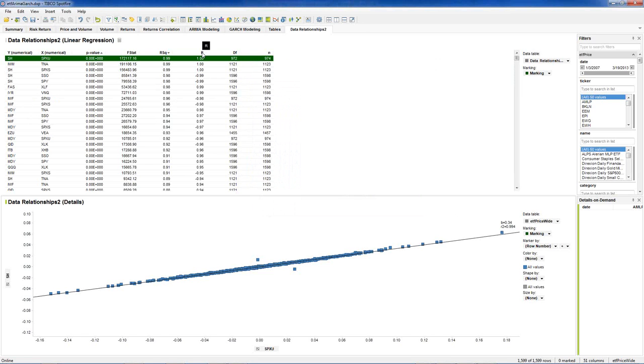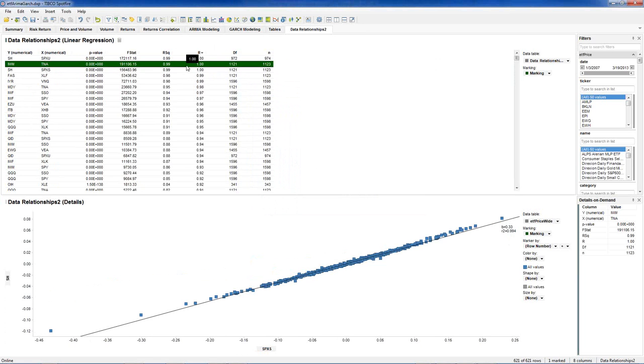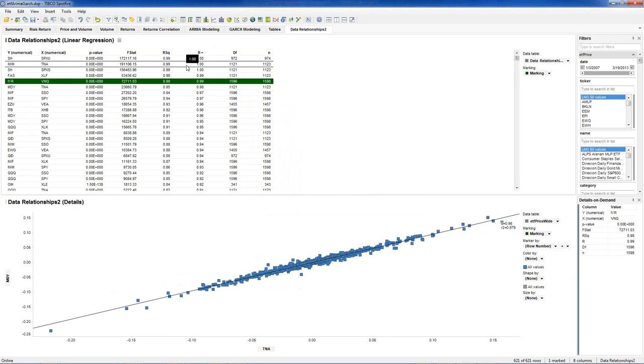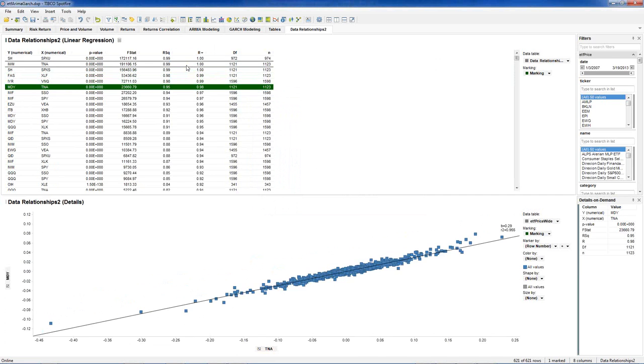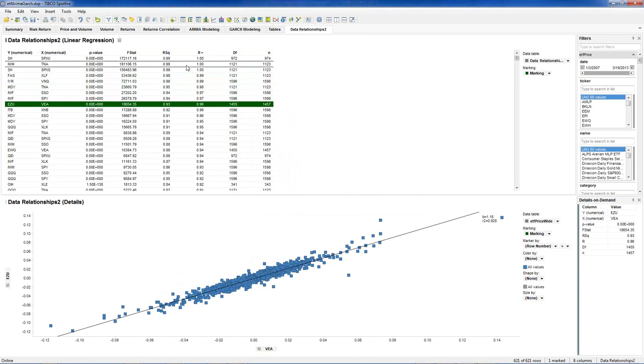So I'm going to sort it now by the correlation coefficient, R. So what I'll see is, okay, I can quickly move through this line and see what are some of the things that are super correlated, right? And you can see as I move down, the correlation is decreasing a little bit.